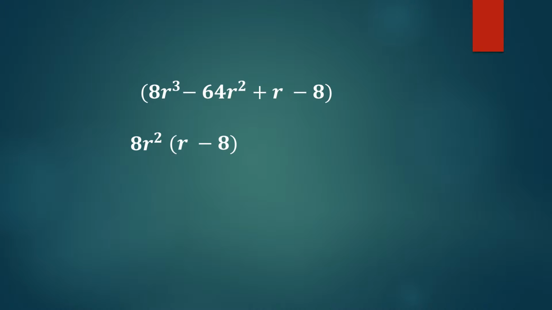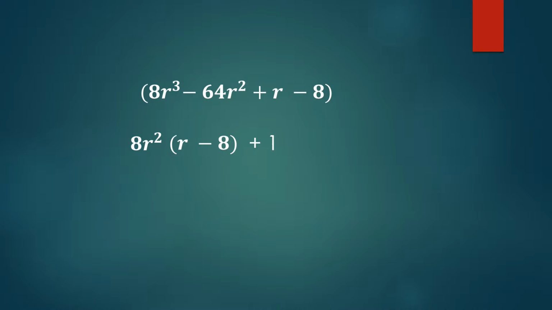So by factoring these first two terms in this polynomial, you have 8r squared onto r minus 8. So far we've only looked at the first two terms. Now looking at the second two terms, you look at what can you factor, what's the greatest common factor out of r and 8? Well, the only common factor to those two is 1. So we can factor out plus 1, in other words, we divide both of those terms by 1,